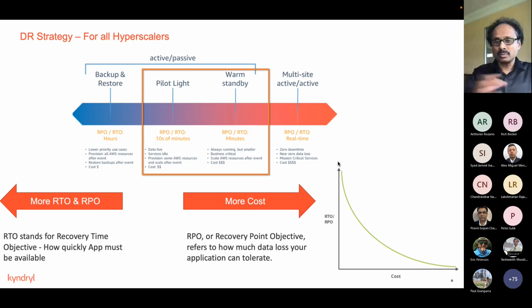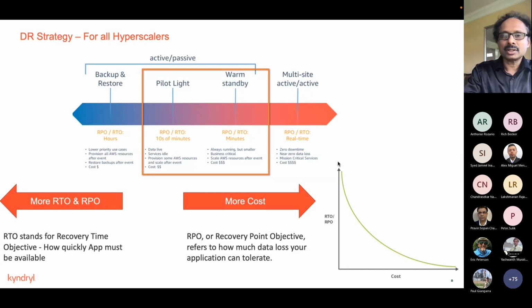You divide the workload between your on-prem and your cloud, which is active-active, and that will provide 100% availability of your workload. At least 2 customers asked me, hey, can I create a DR across multiple cloud providers? That means if AWS is down, can they get the data from GCP or Azure? Certain customers are very sensitive about the RTO and RPO requirements for their on-prem critical workload. So based on that, you can create a DR solution. Let me know any questions about selecting an appropriate DR strategy.